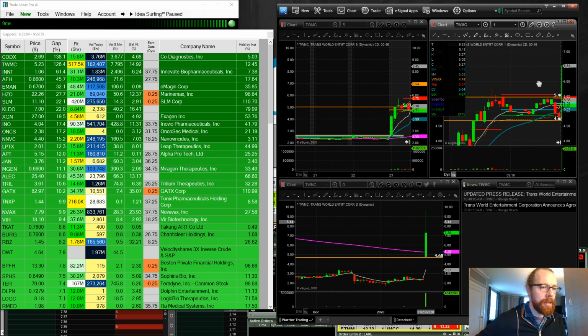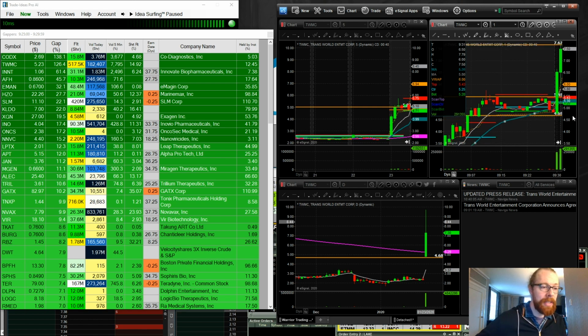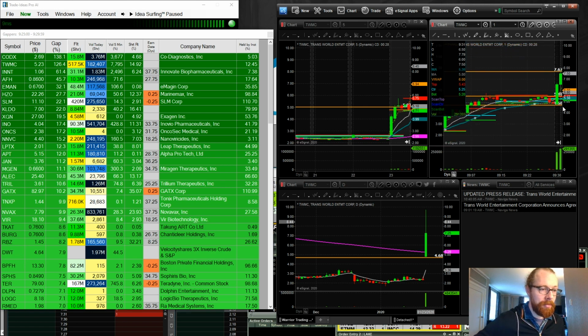The bell rings, and it actually opened a little lower. It opened down here at 4.77, and as it started to surge up, as soon as I saw green on the level 2, I started pressing the buy button to get in for the break of 5. So I jumped in as it started to squeeze up, and it rips through the pre-market high of 5.50, straight up to